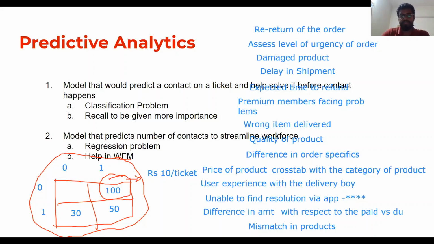Yes, but also if we are predicting the number of calls in a day, it won't really solve this problem, right? Because we are trying to reduce it. We are not more concerned with managing the workforce. Okay,